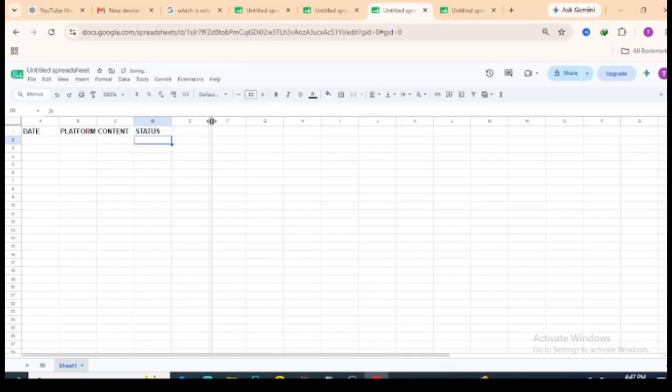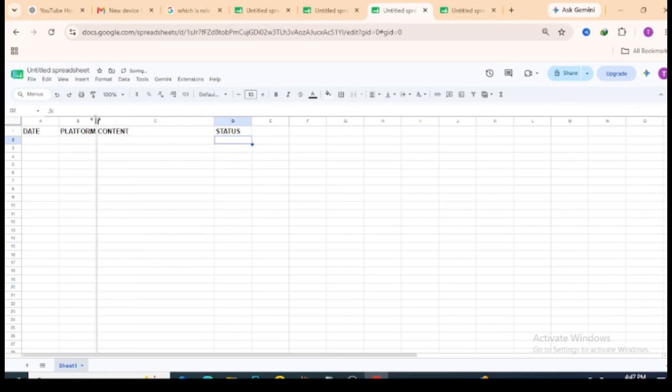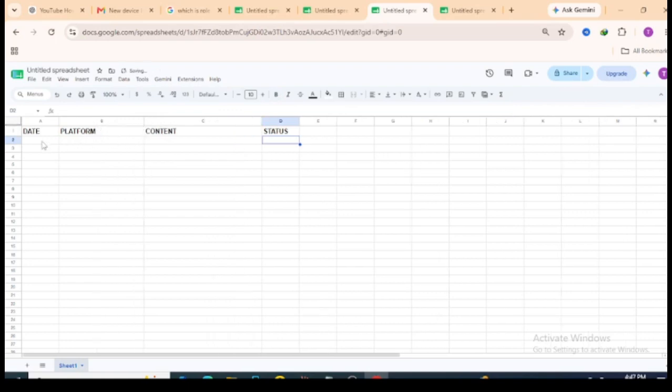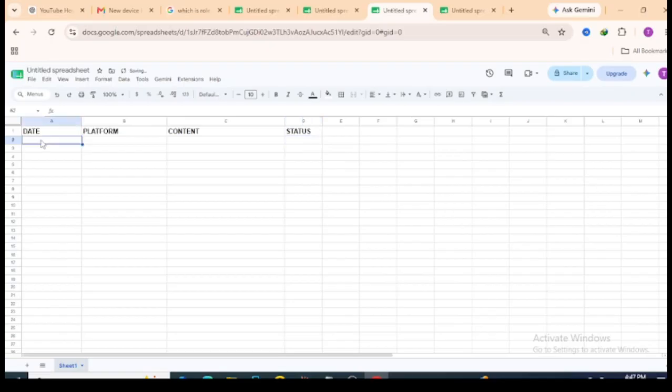I can also space it like this. I can push this one to the side, drag it to make it bigger and all of that. So if it's a monthly content calendar, right here I can put in January, maybe in short form, January 2026. And then under January 2026,